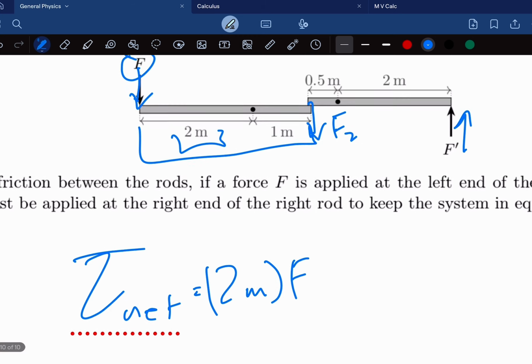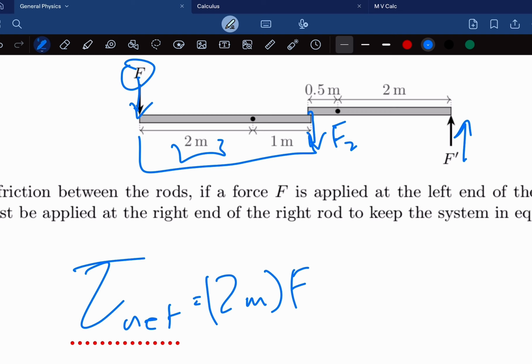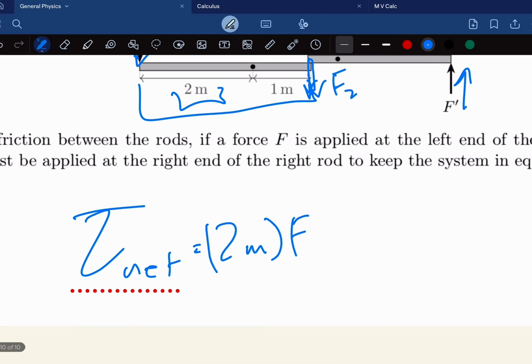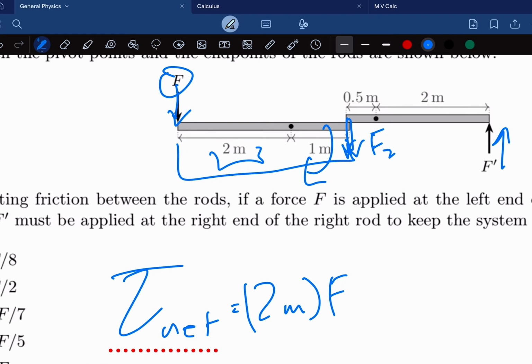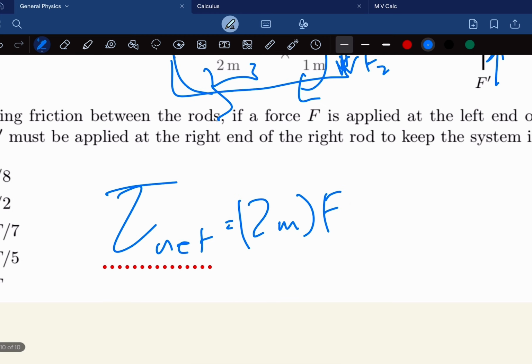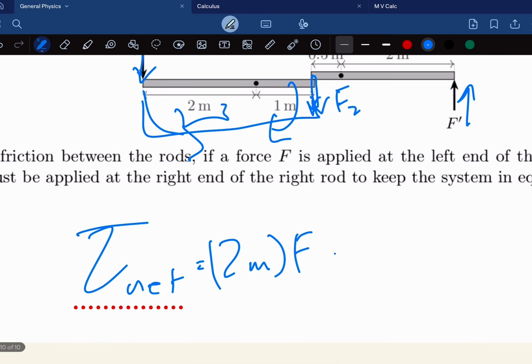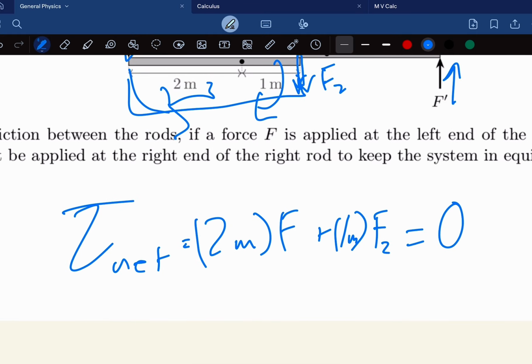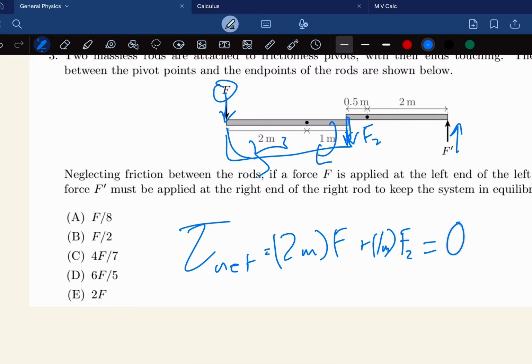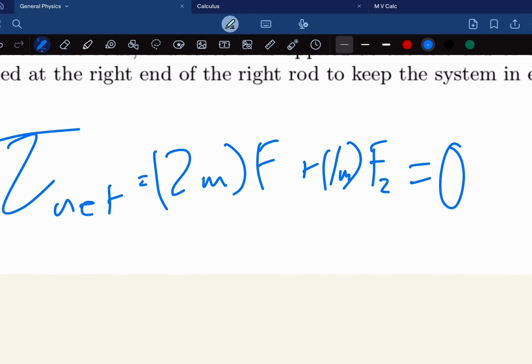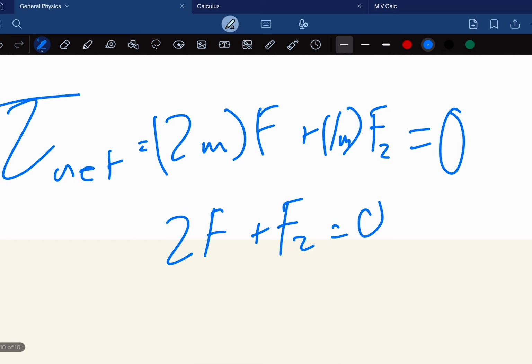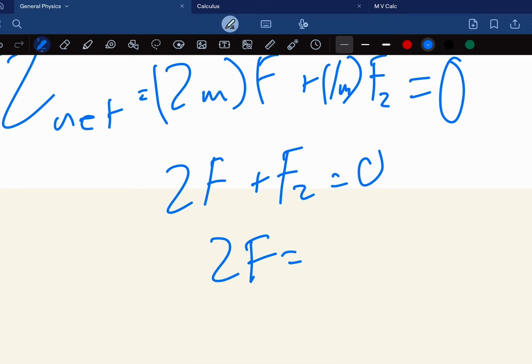They are in opposite directions, as this is trying to rotate it this way, and this is trying to rotate it this way. So this is 2 times F plus 1 times F2 is equal to 0, as this must be in equilibrium. So when we rewrite this, we get 2F plus F2 equals 0, and